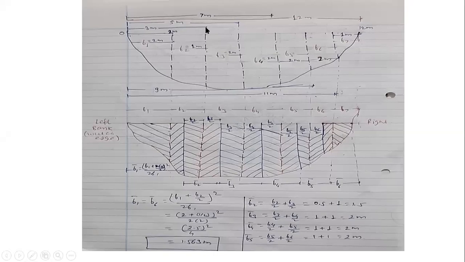It means that for this second vertical, we can say this is the second vertical, the width covered will be half of the width of the right hand side and the left hand side. So which right hand side and which left hand side? For this vertical here I would like to take half of the width of this segment.